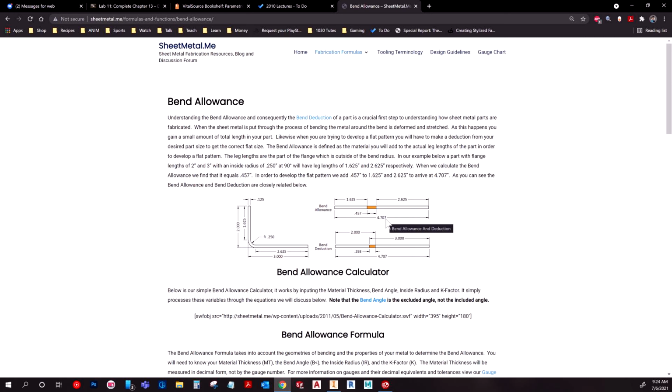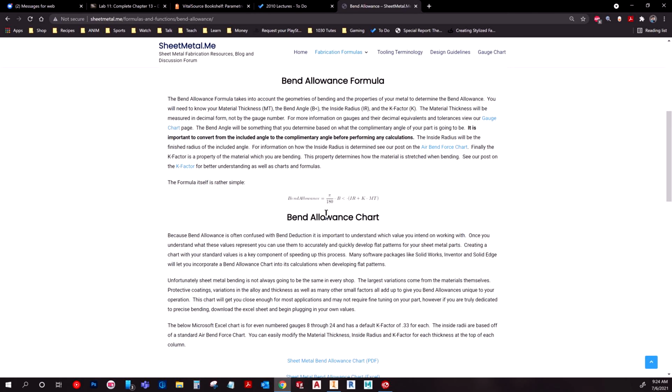Basically what's happened here is this orangish area is the arc length of this curve. So if you were to quantify the distance from the end of this leg to the end of this leg when it's flat, this is what it would be. And the formula for that is kind of crazy because of that. You've got pi over 180 times the bend angle,